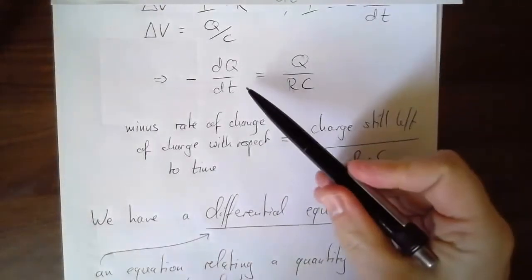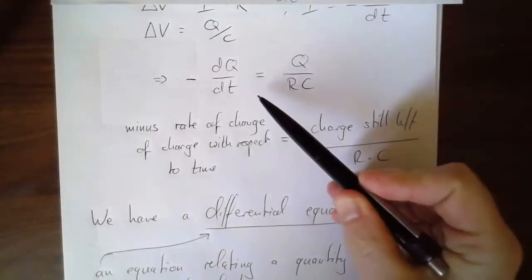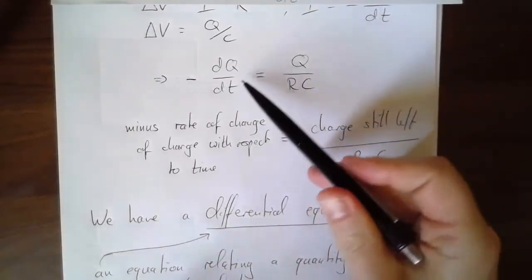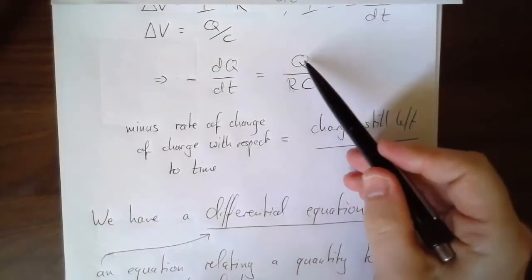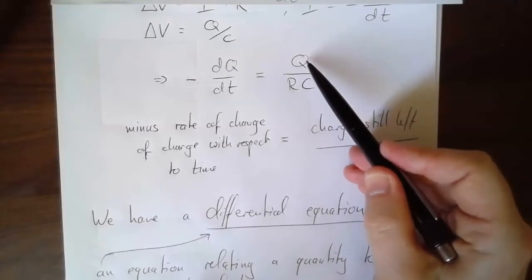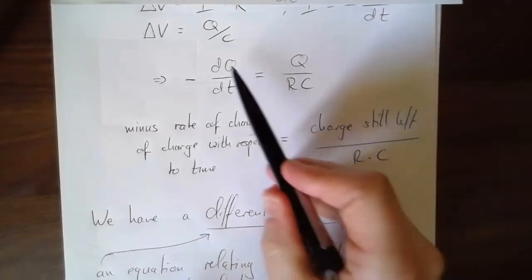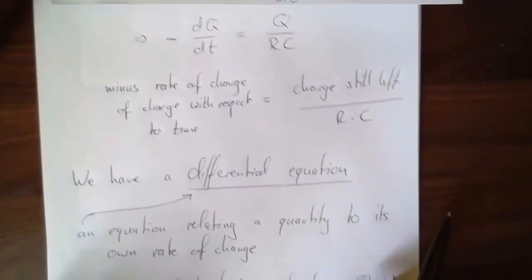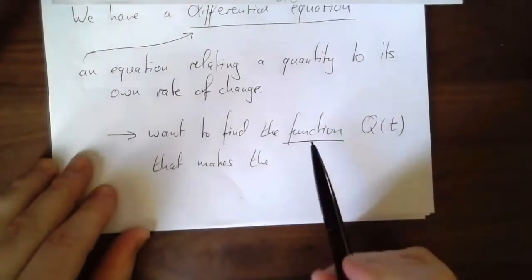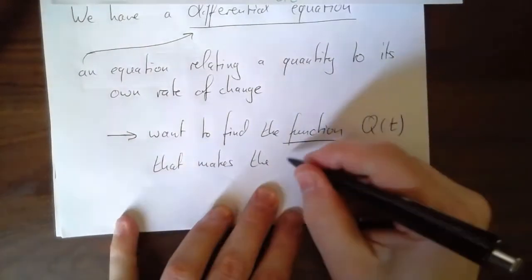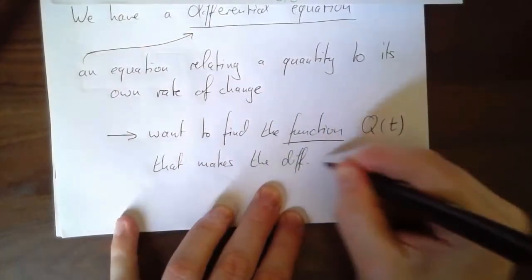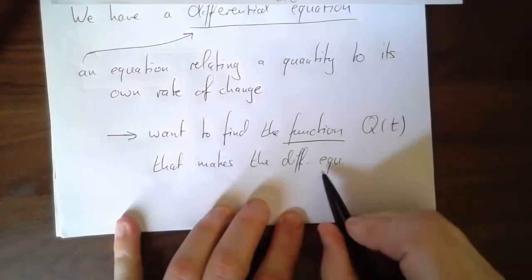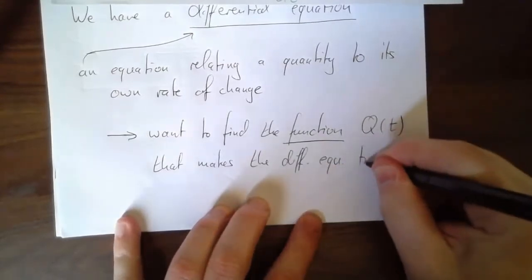Right? This equation is always true. It's true now. It's true a second later. It's still true 2 seconds later. So whatever charge as a function of time we come up with, it better make this always true. So that's our goal, right? The goal of solving the differential equation is to find a function that makes the differential equation true